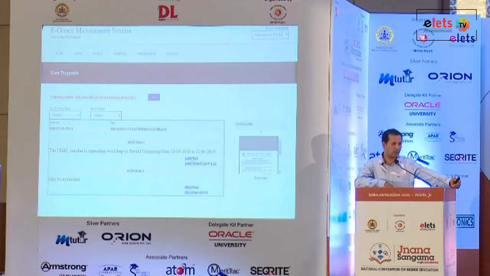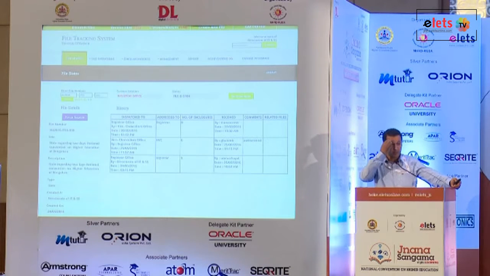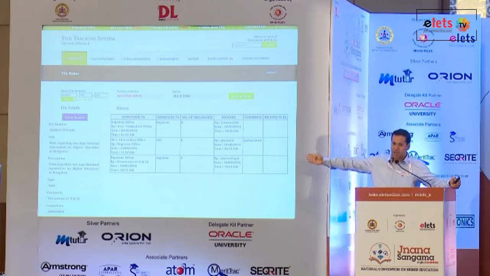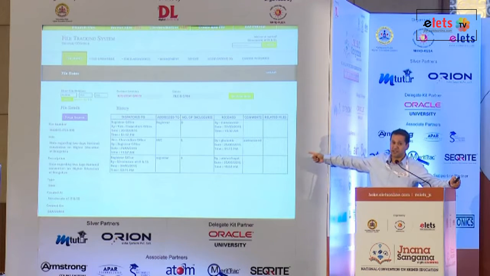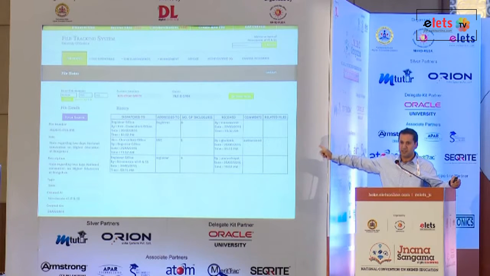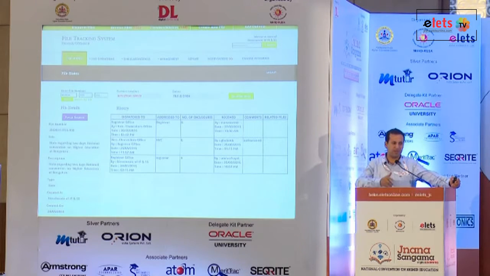This is a screenshot of an e-office. Again, we have kept the same kind of green sheet system, and annexures are also annexed, whatever annexures are with this proposal. This is a glimpse. In fact, this is about the status of my file only, the proposal which I had sent to the Vice Chancellor for giving me permission to come to Bangalore. So I have not received that file yet, but the Vice Chancellor's office has already given a status that my proposal is already authorized for coming down to this place. This is how it has benefited all of us.